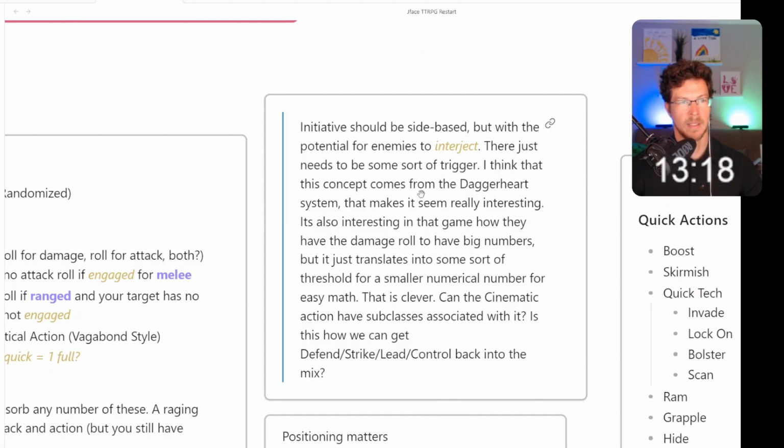I think the concept comes from Daggerheart. In the Daggerheart system, in essence, you roll a hope and a fear die for your 2d6. You can watch another video, I think, where I talk about that, or a write-up. One die is the fear, one die is the hope, and if you add those two dice together, you're trying to get above a target number. So I rolled 2d12, I get a 16, the target number was 12. Yeah, I won.